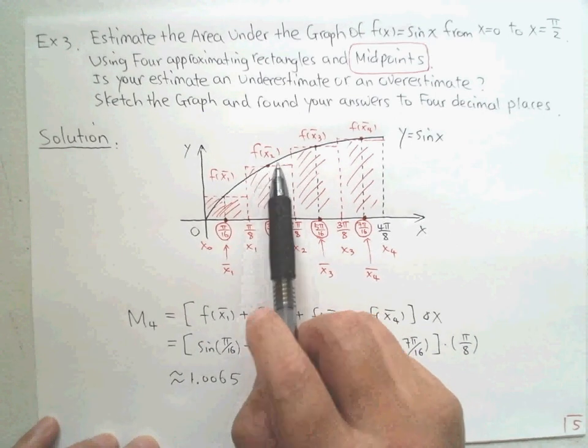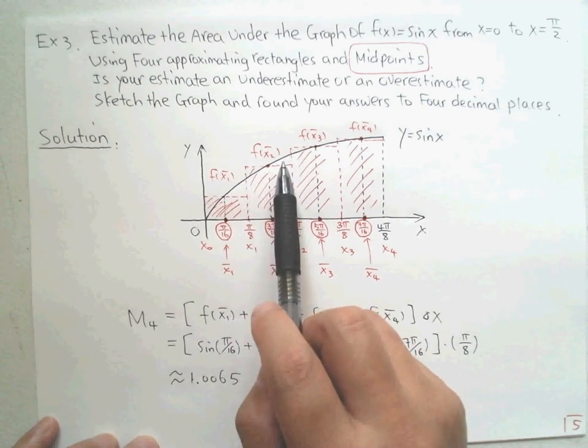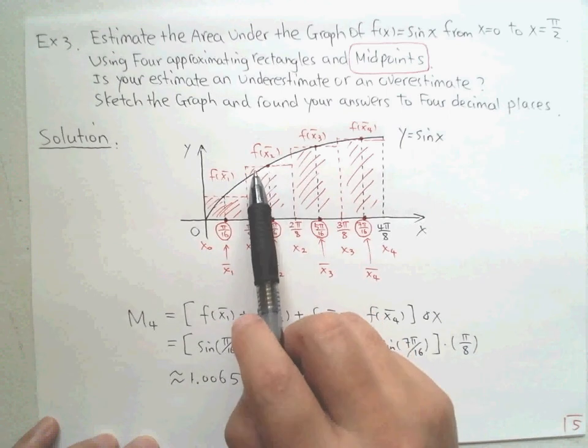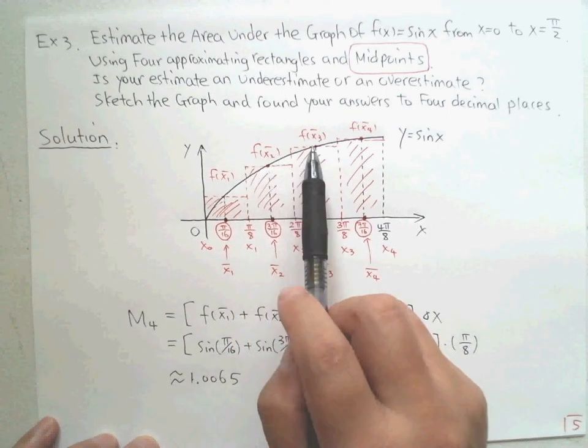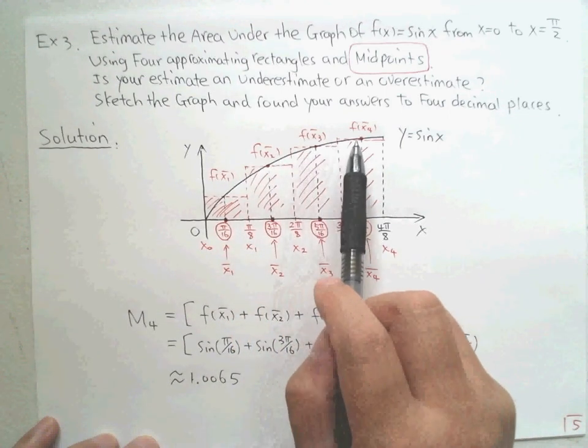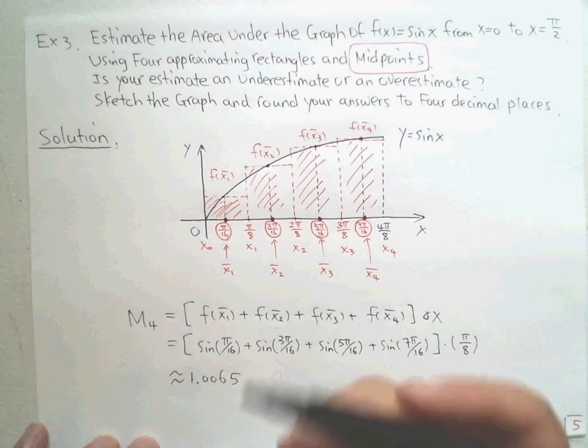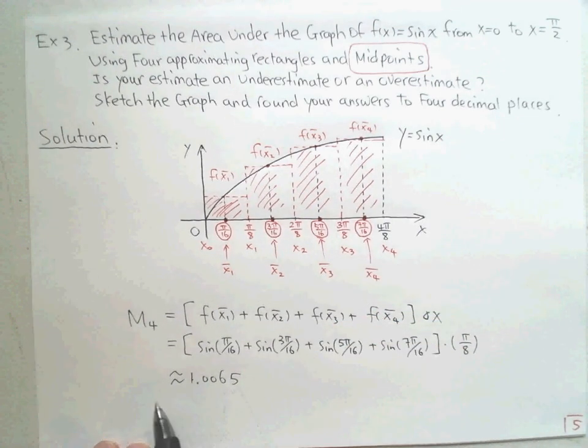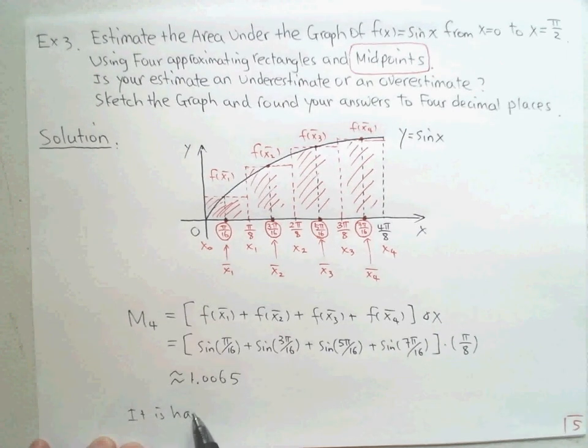No, I don't know. So look at this graph. This is over, this small part is under. Which one is bigger? We don't know. This is very hard. I say it's hard to tell